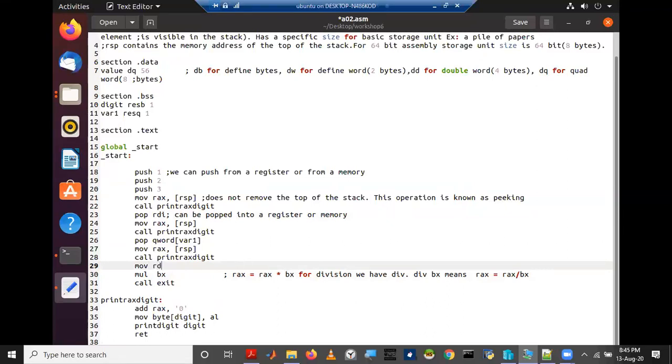So in order to multiply RDI with variable 1, I'll first copy what is in RDI into RAX, then I'll multiply that with the keyword variable 1.